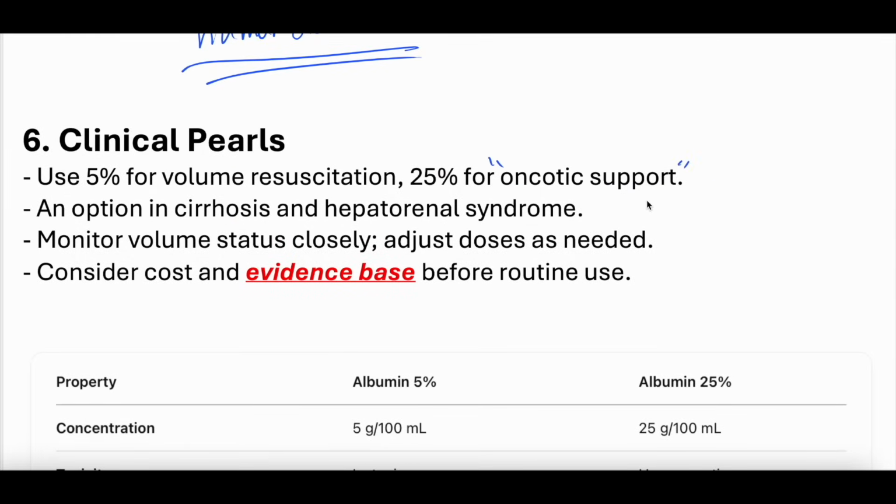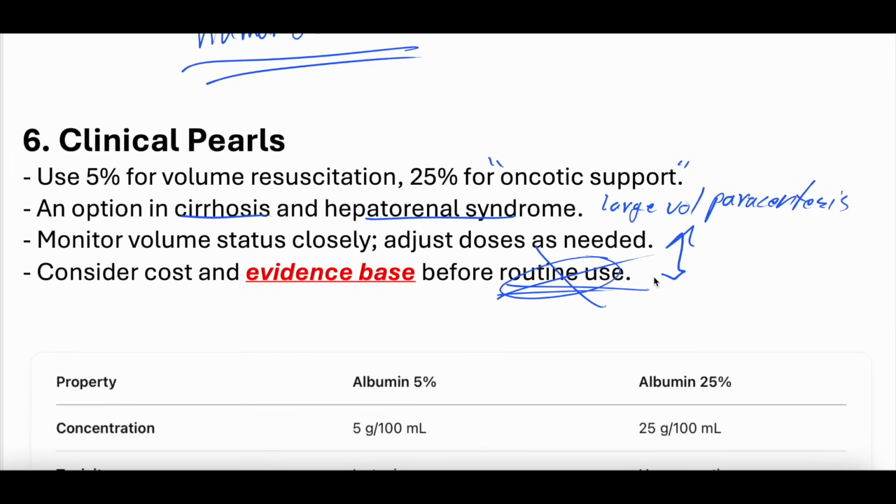oncotic support, which may or may not be a thing. Cirrhosis, hepatorenal syndrome, large volume paracentesis, all things to think about using albumin for. Monitor volume status closely, and consider cost and evidence base before routine use, right? This is not a routine use thing other than in some of these more evidence-based scenarios like large volume paracentesis